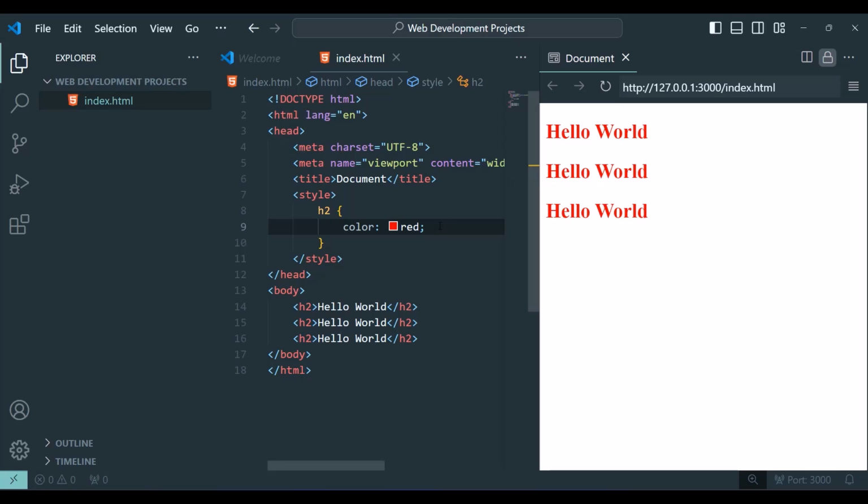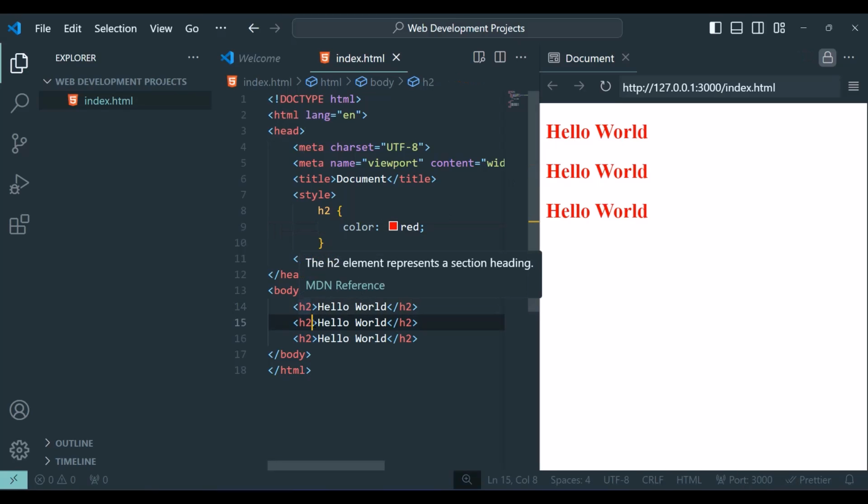So this is better than the inline, because you don't go and add the color for each of them inline, embedded in the elements, but it's still problematic, because if you have multiple HTML documents, you'll have to copy this style for all of them. So it has to duplicate this line of HTML code or CSS code. The next way is to use external style, is to create a separate file, you put the style there, and we link that style to the HTML document. So let me show you how you can do that.